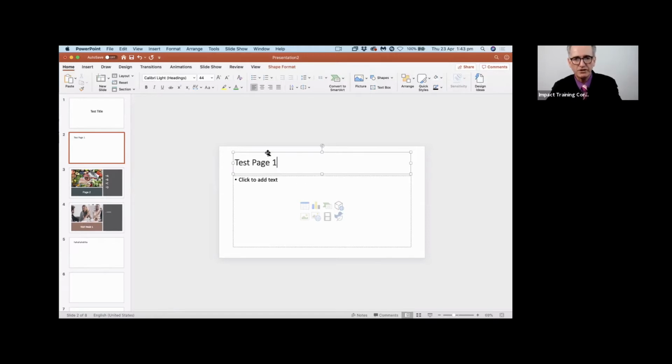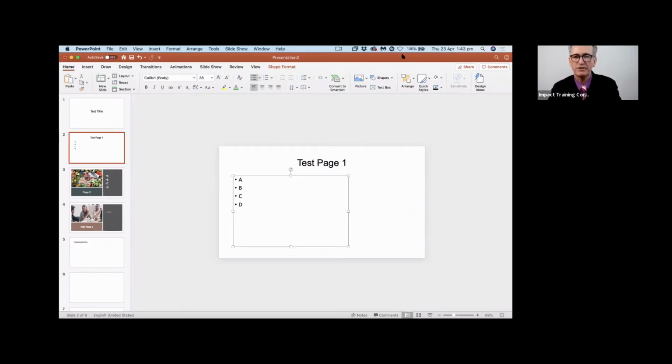I would suggest making sure that your font's up the top there. If you like Arial, then you just type in Arial. I'll show you how to do the master later, but that's a little bit tricky. Push the center. Do A, B, C, D, E, whatever you like to do. There you go. And then find a little picture.